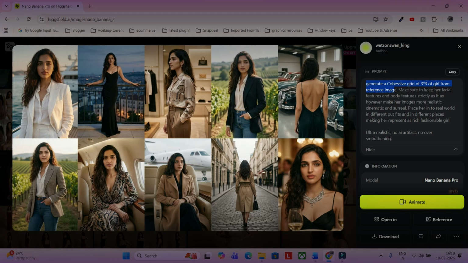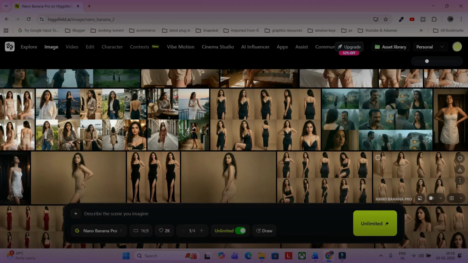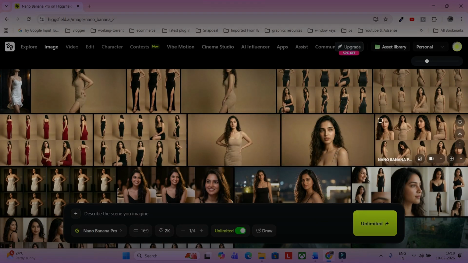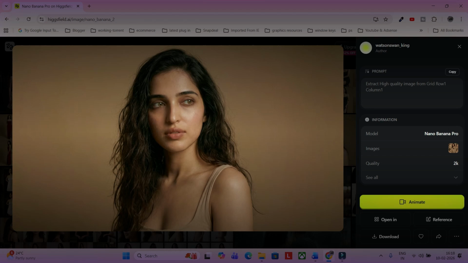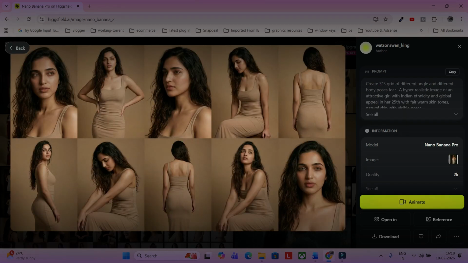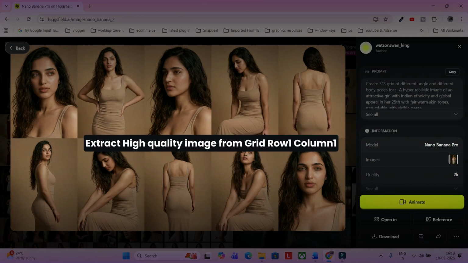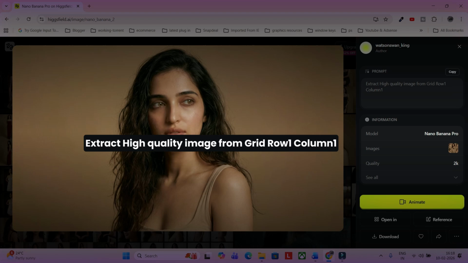So this is something I want to tell you here about this grid. You can extract these images individually. Now let's close this, and I already have extracted, so let me make you understand how you can do this. Let's open this image. Now you can see this image is from this grid, okay. I have extracted this image in high quality, and for that what you have to do, add this image as a reference image and simply type in extract high quality image from grid row 1 column